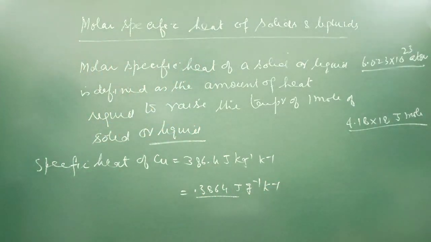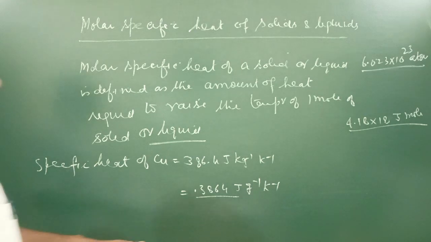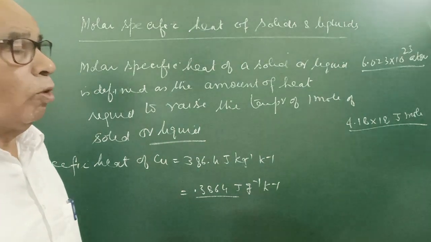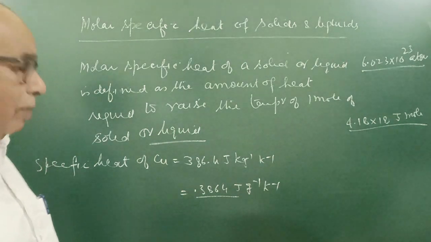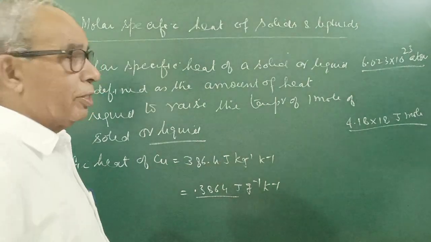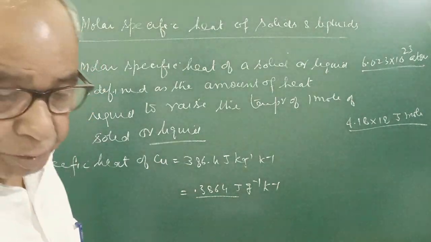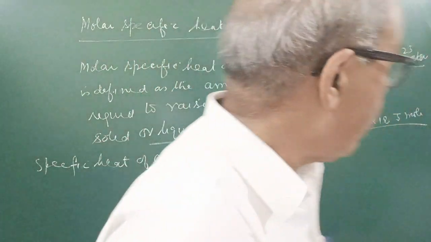Now if you want to find it per mole, 1 mole of copper is 63.5 gram. So multiply by that, you will get it in joule per mole. है? वीडियो लंबा हो गया।